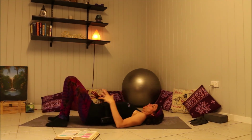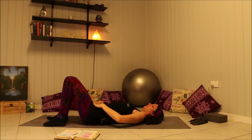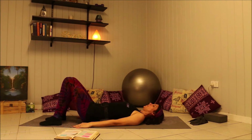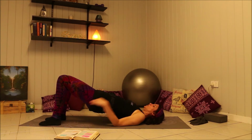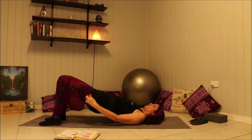So going back to crook position, we've got our natural arch in the lower back. Pelvis is flat. Shoulders are down and back. Reposition yourself so you feel like you're natural, neutral. Palms down beside you. As you inhale and tighten your T-zone, you're going to tilt that pelvis back, flattening your lower back, and then squeeze the booty, slowly lifting the spine one vertebra at a time until you're in a neutral position. So not overextending the lower back,